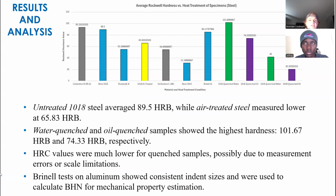So the results analysis. Shown here is a bar graph that was created to show how much each sample reacted with different tests. The untreated 1018 steel averaged 89.5 HRB, while air-treated steel measured lower at 65.83 HRB. The water quenched and oil quenched samples showed the highest hardness, at 101.67 HRB and 74.33 HRB. HRC